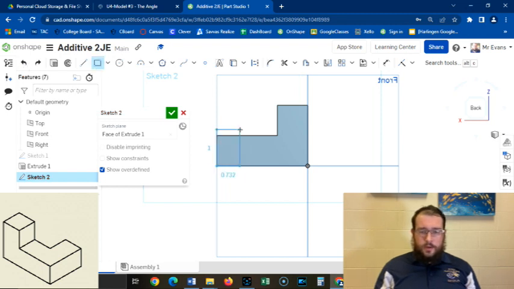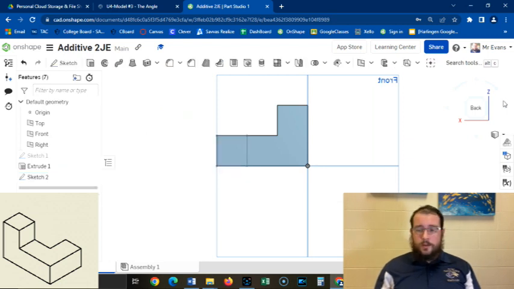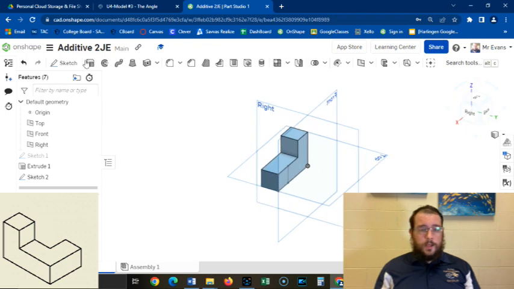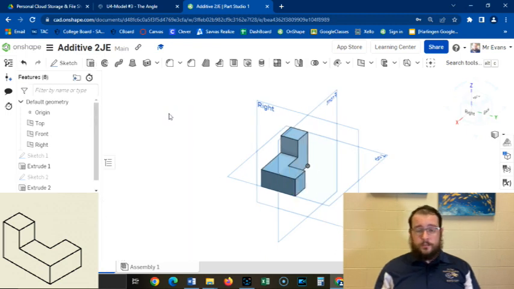I clicked this corner and I came up here and I snapped it to a midpoint. Now maybe you didn't do that and that's fine. You would just put 1, enter, and that's it. So if yours snapped to, that's fine. If you put 1 inch, it's fine. If it's red, that's why I did that. I'm gonna hit the check mark, and I am going to extrude that out just 1 single inch, and you're